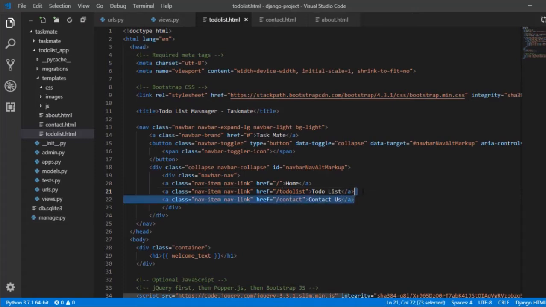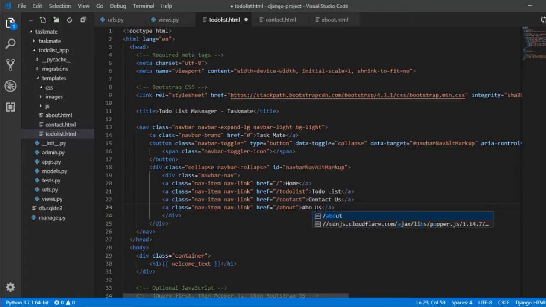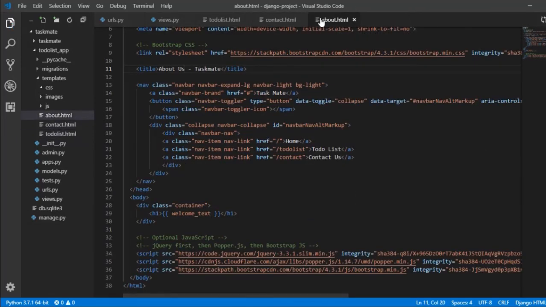Here I need to add a new link for about us. I have to replicate this line on all 3 pages, which is a lengthy manual task. And if you think of a big application, this is currently just 3 pages we are talking about. Think about Amazon, think about some 10, 20, 50, 100 page application. This type of manual task is actually lengthy.